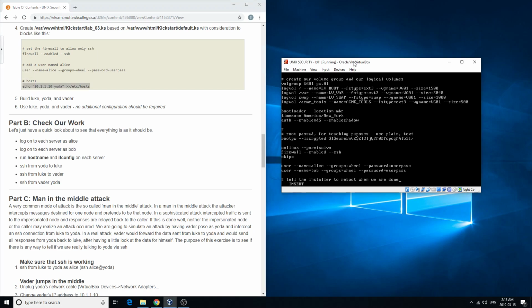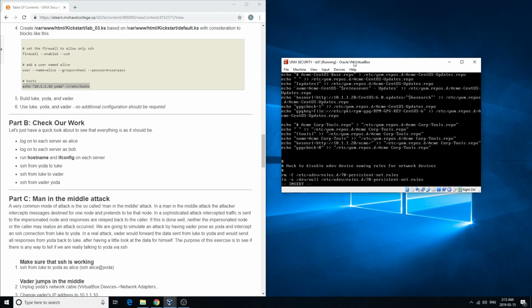It's up to you. If you want to put it just before the hack to disable the UDEV devices, you can put it there if you want. Whatever you want, as long as it's near the bottom of the file. I'll put some spaces there, and I'll even put a comment just so I know what I'm doing. I'm going to say configuring host file, and we're going to say echo in quotes 10.1.1.10 space Yoda,